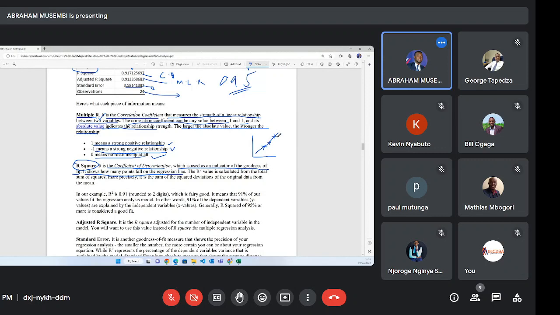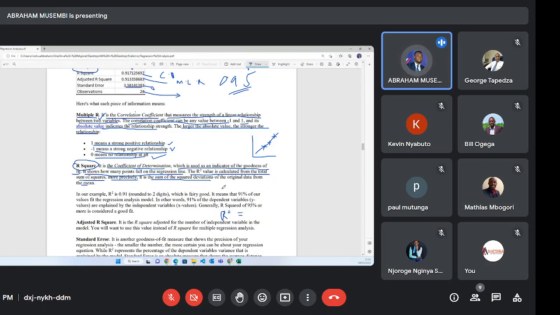R squared is calculated from the total sum of squares, more precisely the sum of square deviations of the original data from the mean. I think we calculated this and said R squared is given by